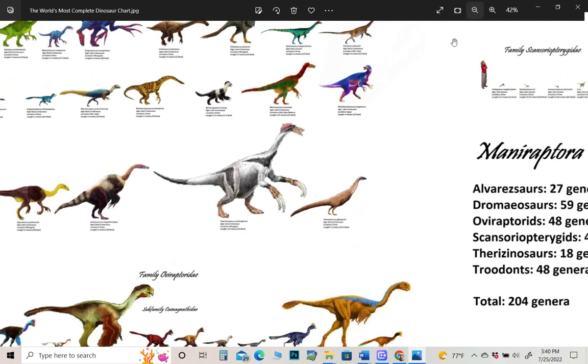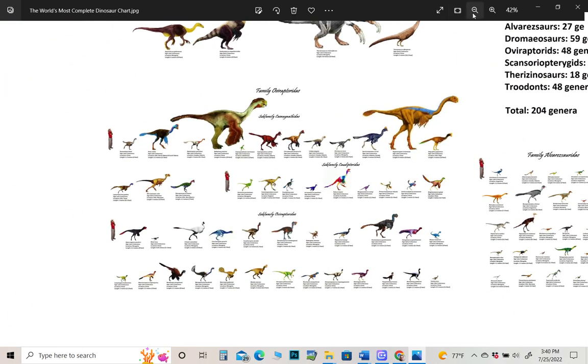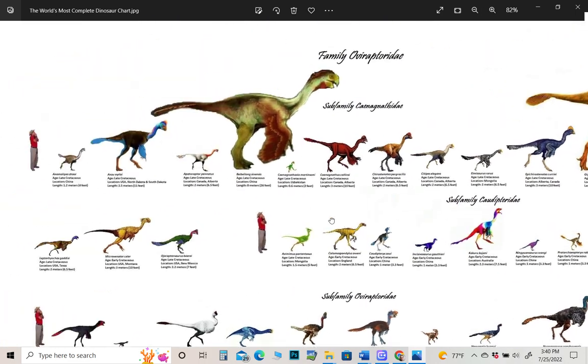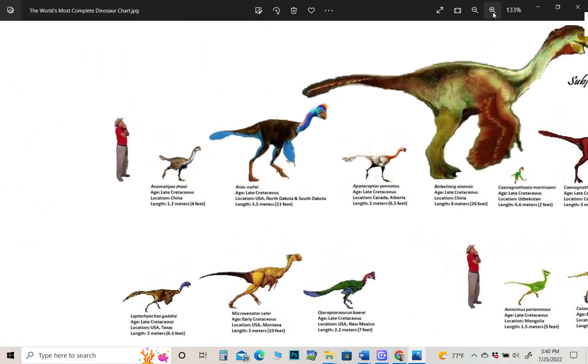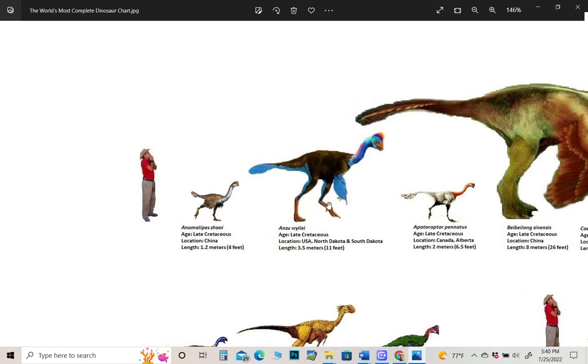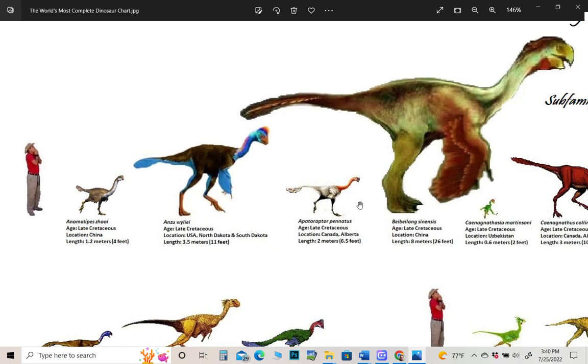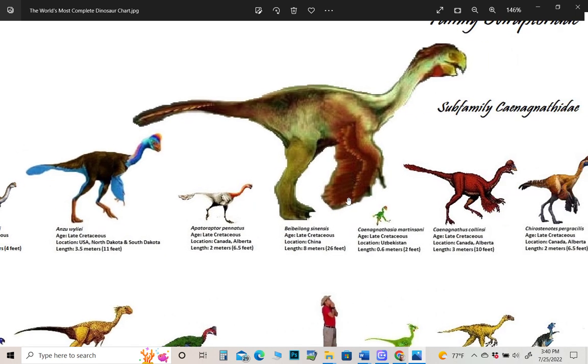And then we go to the Oviraptors, which I recently split into subfamilies as of a couple updates ago, I think last month. Anomalipes, Anzu, Apatoraptor. This is the Caenagnathids, by the way. Sorry. Anzu, Apatoraptor,